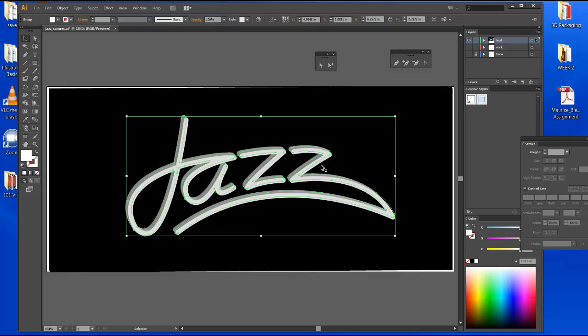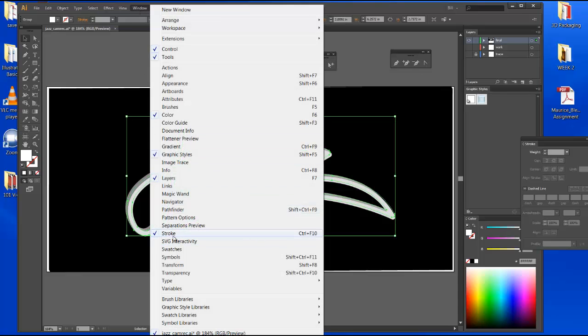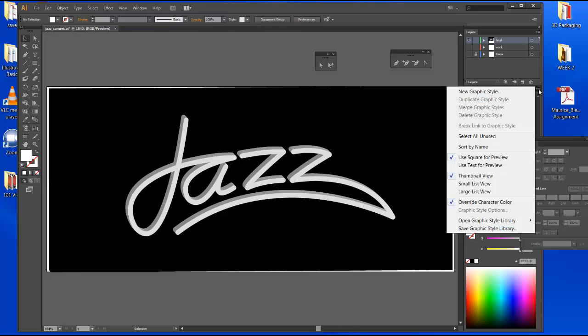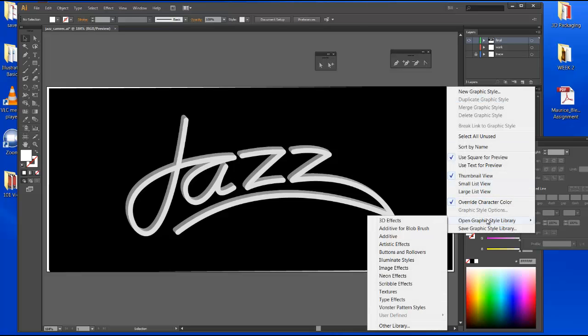So once again, I'm going to select it, and I'm going to use what are known as graphic styles. If you come into the Window menu, you can come down here and you can find Graphic Styles right there. The graphic style that I'm using is called 3D Effects, and where you find it is, here's your menu item. You're going to click on the menu item. You're going to come down to Open Graphic Style Library. And in here you've got 3D Effects,